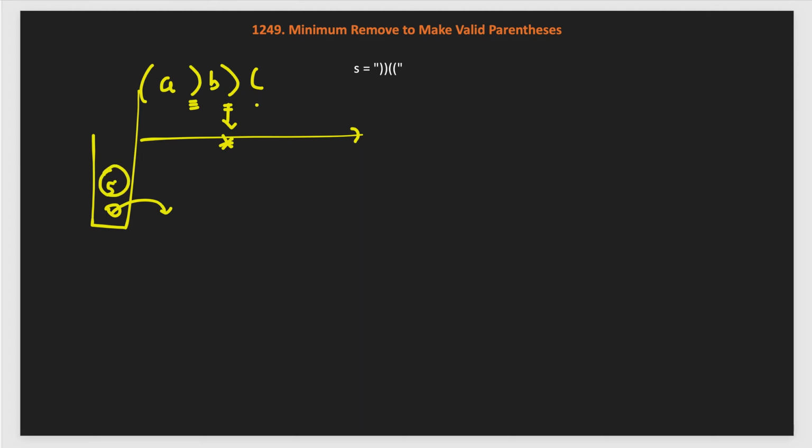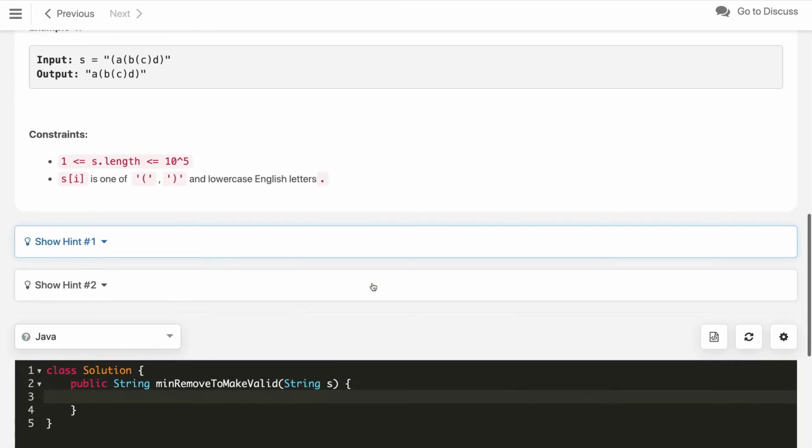In the second pass we will take all these indices. If the stack is not empty, we will update this place with an asterisk. Once it is done, we will take this string, and this will become A open A close, then B, that is it. So, this will be our final string. So, you must have got the idea. You can pause the video and try to code it yourself. So, let us quickly jump to the coding part.